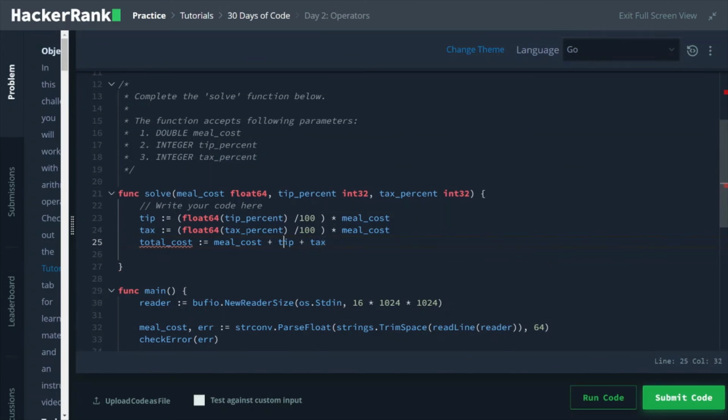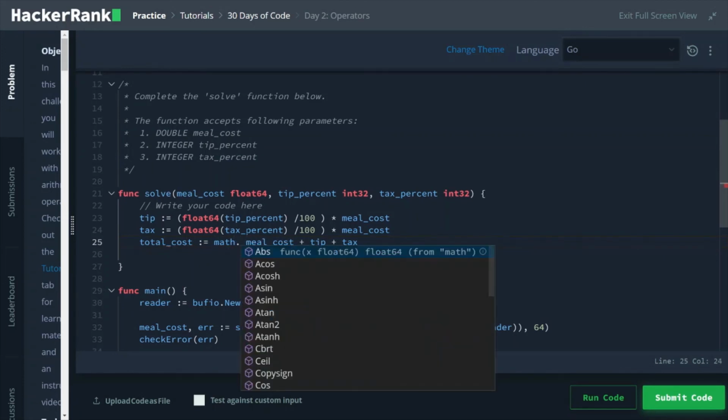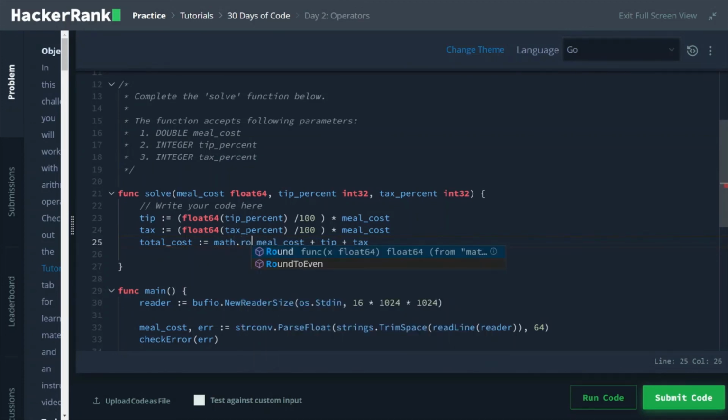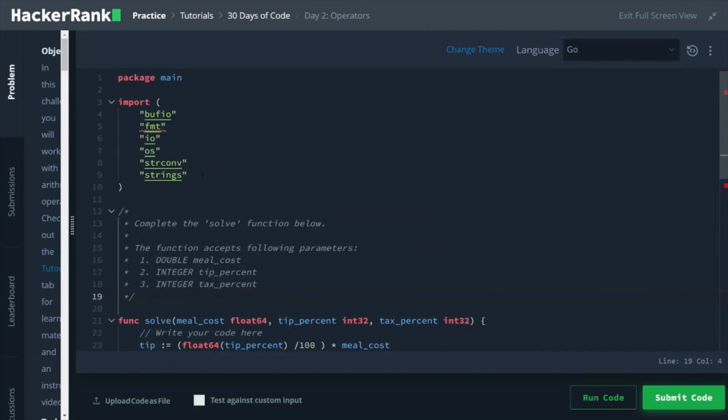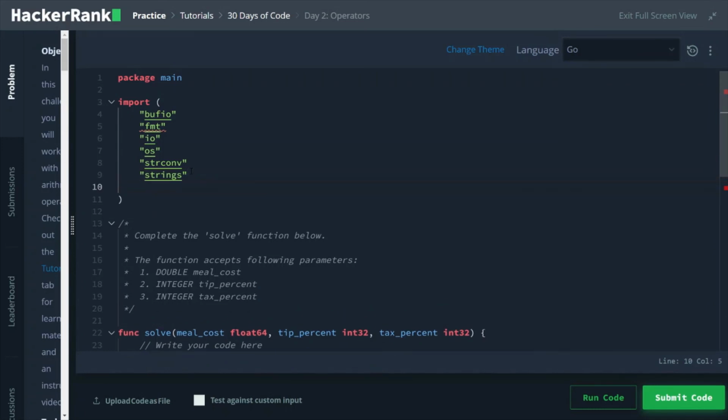And we have to use a math function, math.round, so that it will be a clear number. It says undeclared name math. Okay, so I have to import math as well.